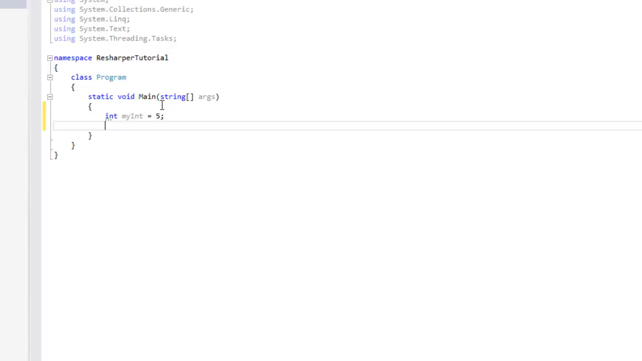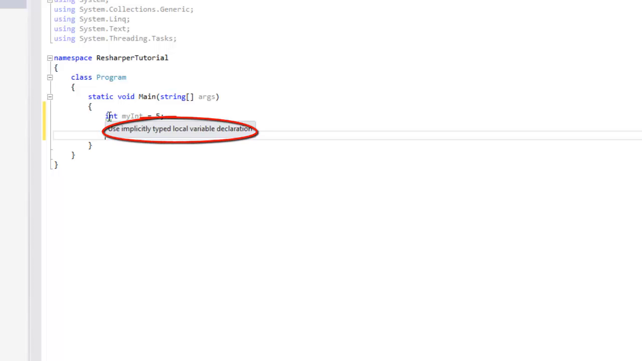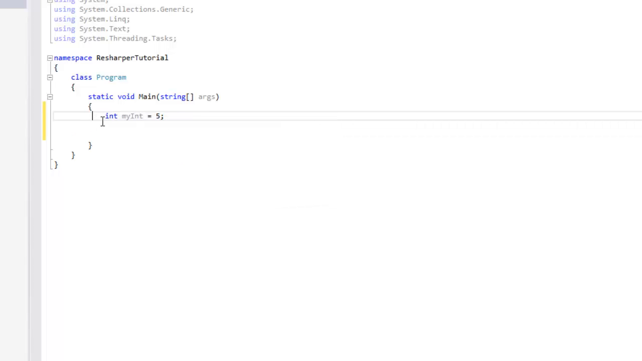Already you can start to see that Resharper has inserted these three dots under int. It's not really an error message, but it is a formatting issue, according to Resharper. If I hover over it, it says use implicitly typed local variable declaration. Basically it's saying that I am explicitly defining this variable as an integer, and I don't need to do that. It thinks I should be able to use the var keyword here and allow C# to determine